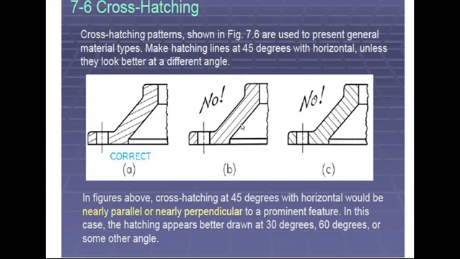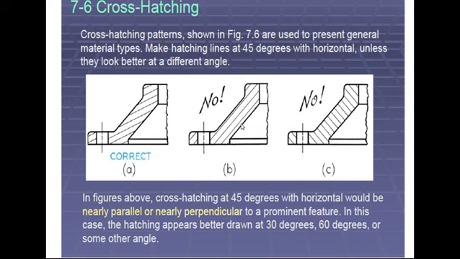Next, this slide we have also shown earlier, but again for review purposes I have added it here: ribs. We never do hatching on ribs. Whatever hatching is done for the ribs here is wrong. In any component, if there is a rib and you have taken a section plane, and the section plane is passing through these ribs, what we are required to do is keep them as they are, in a different way. We never do hatching on our rib; we keep it aside. So here we have shown the hatching, but it is wrong.